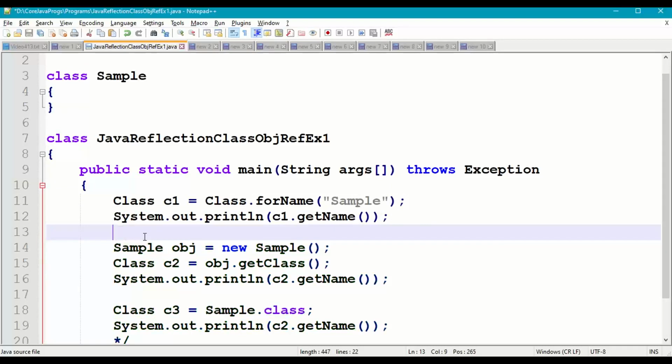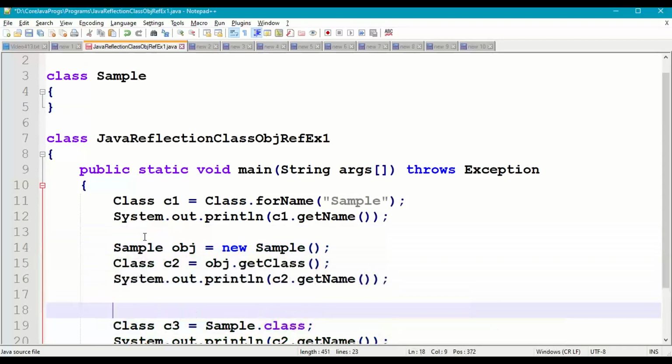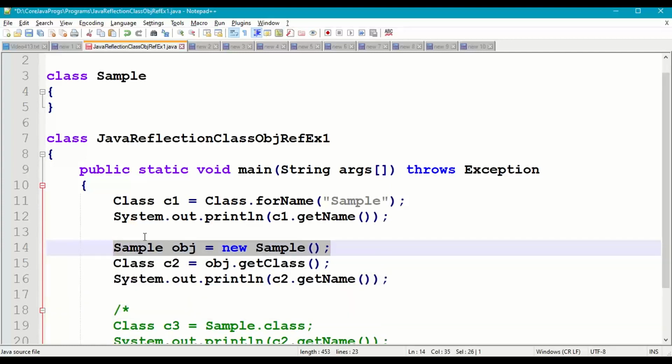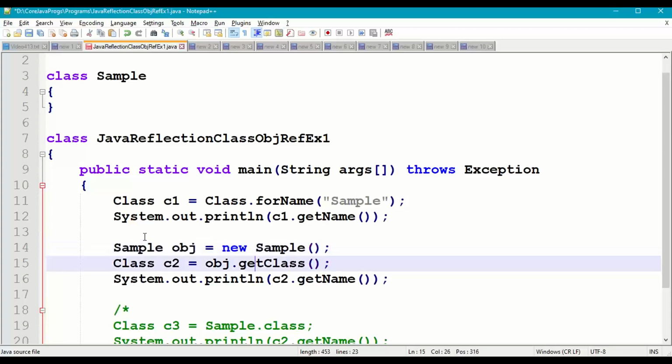Right, so next we can also get the reference of Class using the getClass method, but before that we have to create an object of the Sample class. Sample obj = new Sample(), and the Object class is a superclass for all the classes, so all the methods of the Object class can be used in any subclass.